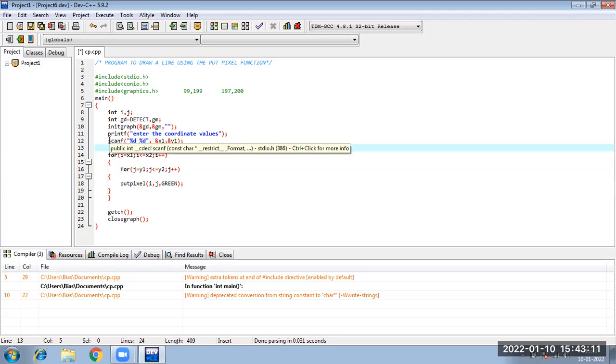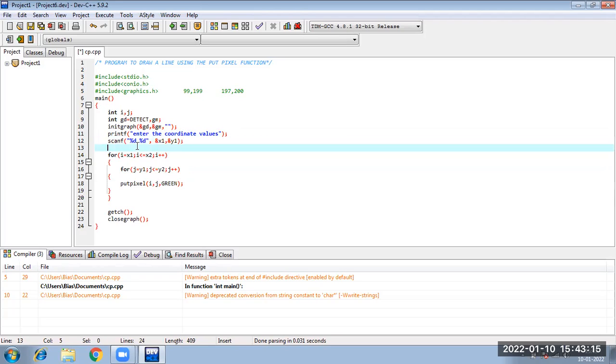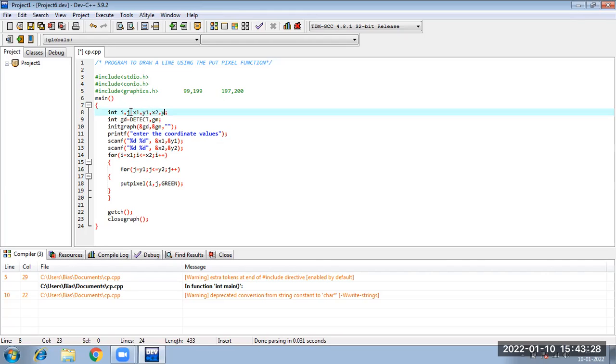Then again I will take another two set of values from the user. So I will take x2, y2. Clear? Here I need to specify these also, x1, y1, x2, y2. All the things I have specified, I think. Yeah, I have done that.